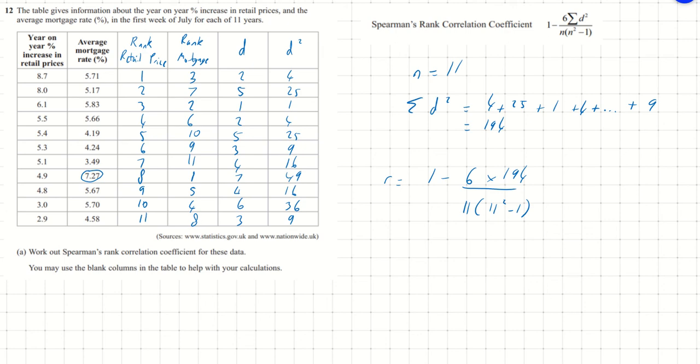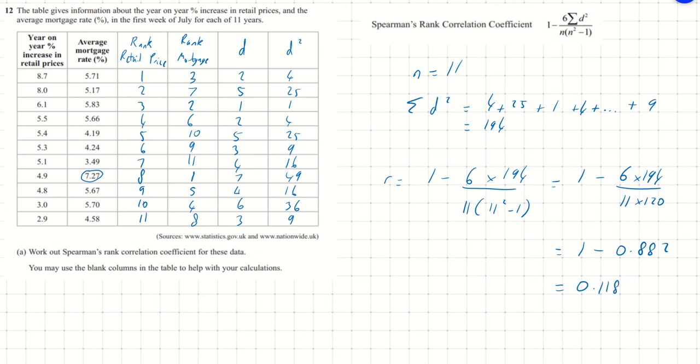That's the same as 1 minus 6 times 194 on the top, and on the bottom we get 11 times 120. And it's important that you don't get the 1 inside the fraction. It's outside, so this turns into 1 minus 0.882,